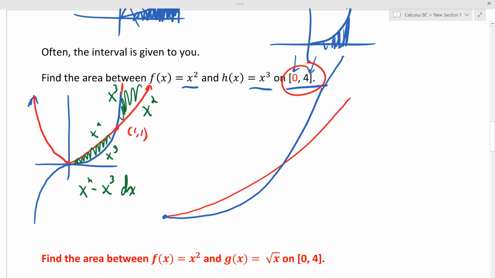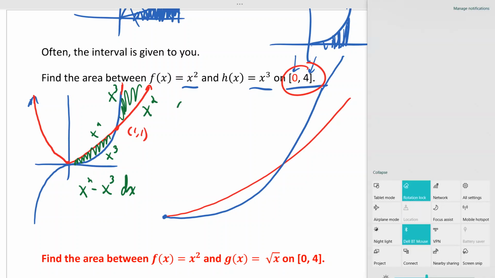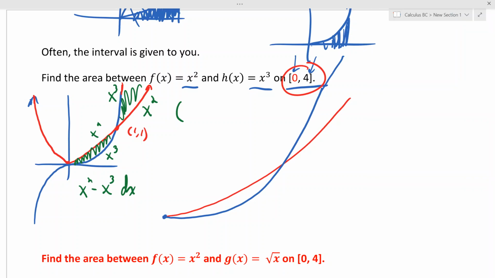And x squared is on the bottom. So those rectangles are defined by,